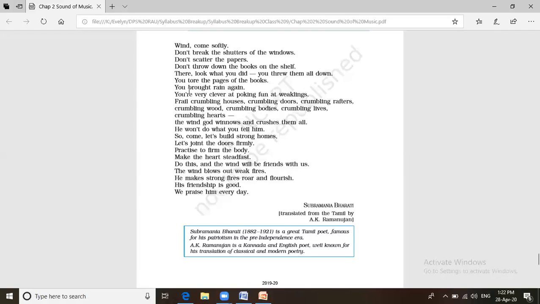Out of these things that the poet says the wind is crumbling, which are the things that you feel are not actually the things that a wind can crumble? Out of these things, speak. Wood, frail hearts. Ma'am, wood. Okay. Bodies. And I don't know more. Achha. Your life can